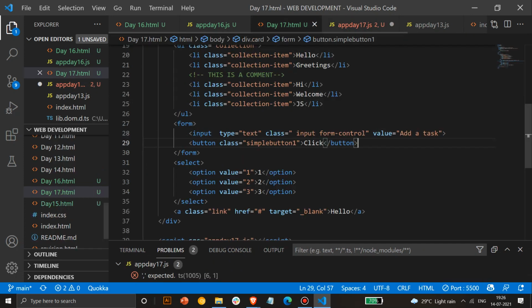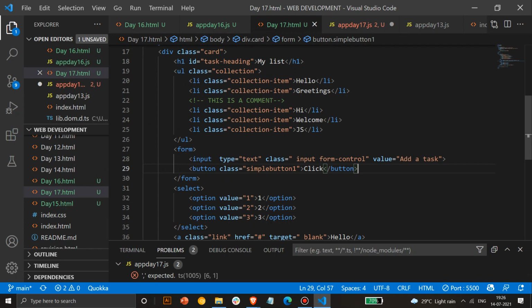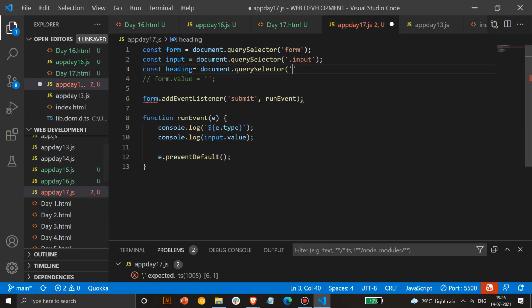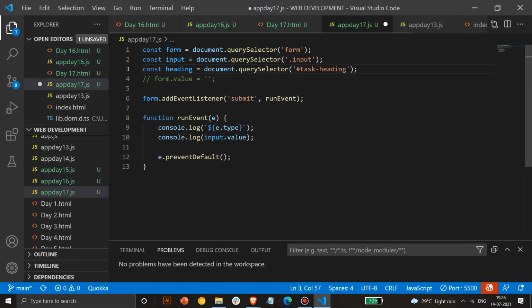So what's the tag for heading? So we have task heading, so we'll get that specifically. We'll take the same name and we'll use hash task heading. Okay, and now we can change the heading to input dot value.